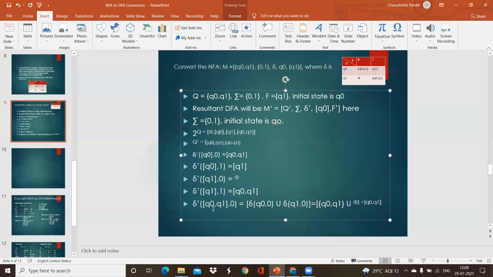Okay, now after this, to the state Q0 Q1, you have to give the next input as 1. In the same way, you have to evaluate, right? And once it is done, you have to find if you are getting any new state. If you are getting any new state, then again you have to repeat the same process. And after doing this, we will get the final answer. And later we can convert it to the transition